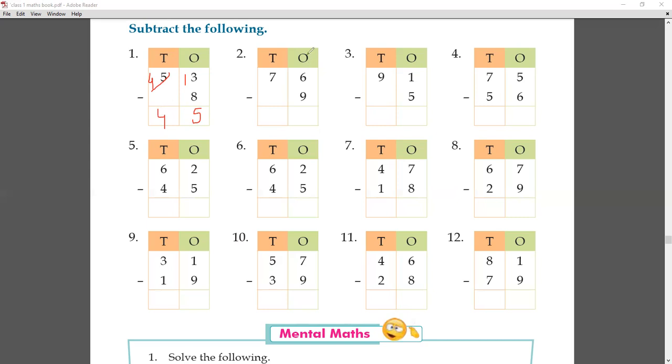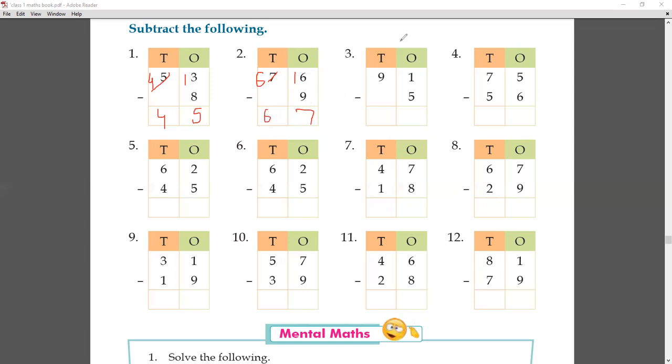Okay. Now next is tens and ones, 16 and 19. Again, we carry 1 digit from this 7. So here is 16. 16 minus 9 is equal to, yes, what is it? 16 minus 9 is equal to 7. That's why we write 7 here. And what do we write here? What comes before 7? 6. So we write 6 here. And we write 6 here.